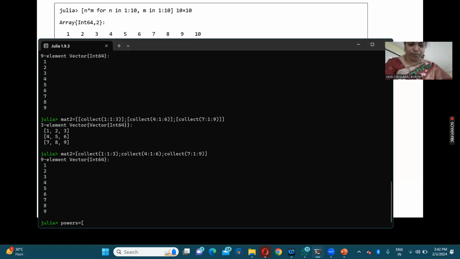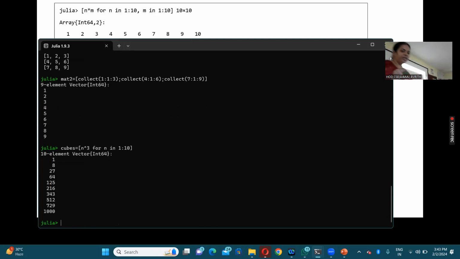Powers equals to, so it will be created as the cubes. n power 3 for n in 1 to 10 or 1 to 5 or whatever it is. Then it creates a cubes array with the cube of each and every value from 1 to 10. Table